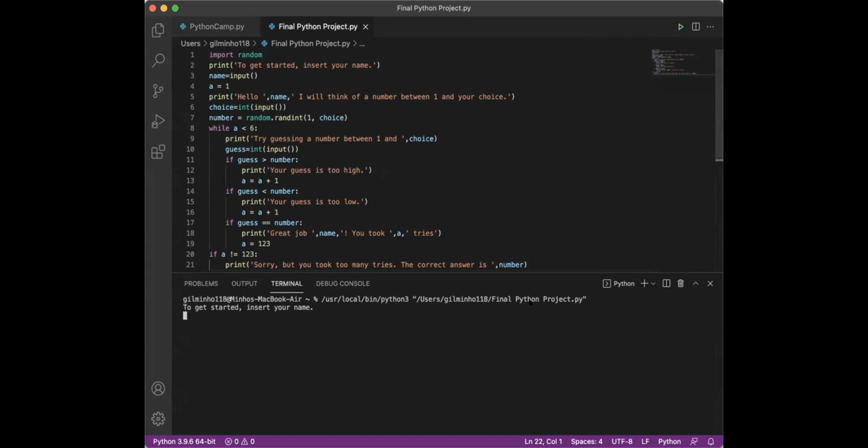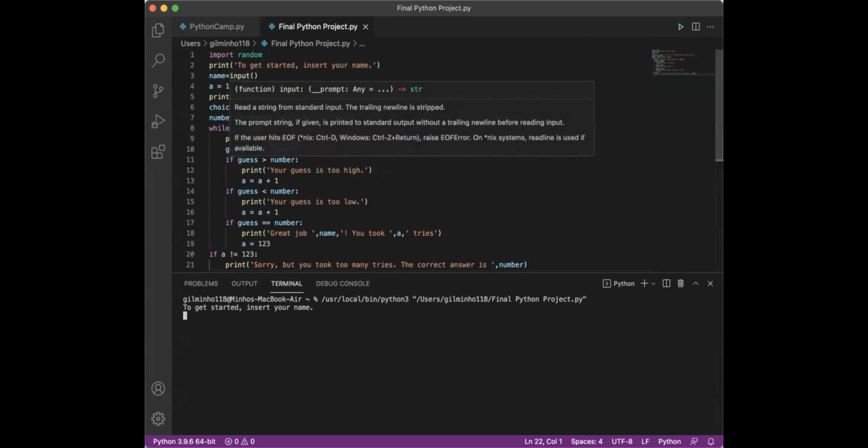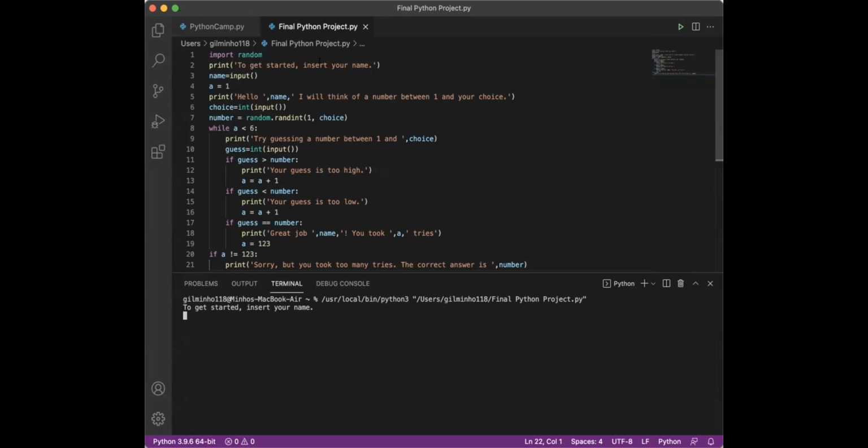Let me see. So we first get started by printing "to get started, insert your name," and then we want our user to type in their name. So we write name equals input, whatever they wrote. For example, if I wrote my own name,